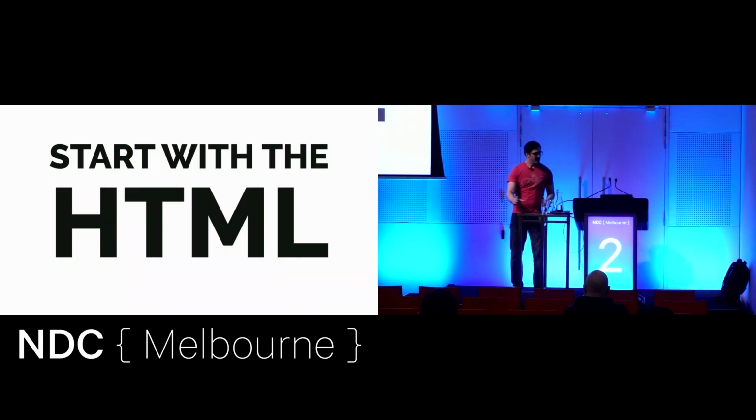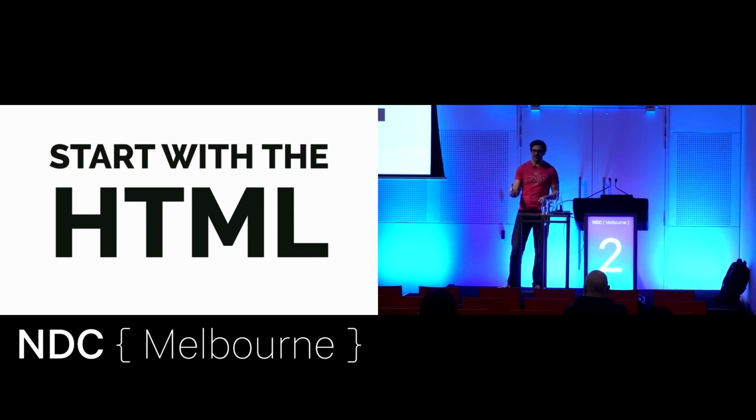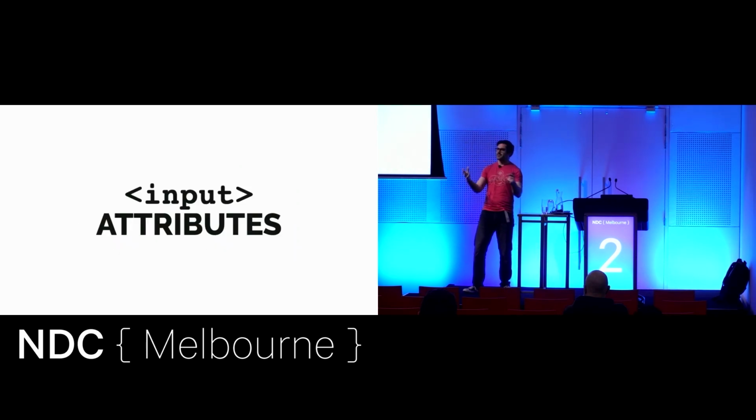Well, I'm going to start with HTML. HTML, funnily enough, gives us a surprising amount of stuff that helps us along the way already, and just makes that flow a little bit easier. It gets better with this, but the HTML attributes on our input elements are the most magical things. I think the HTML input element is the most incredible element that we have. It has so many attributes, and its entire behavior can change on a single attribute, right? We can go from text to email to a checkbox to a radio button with an input element,